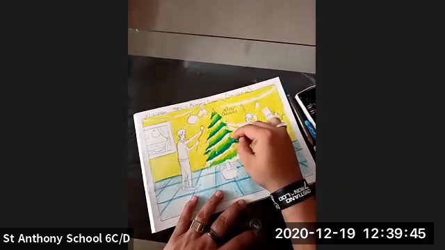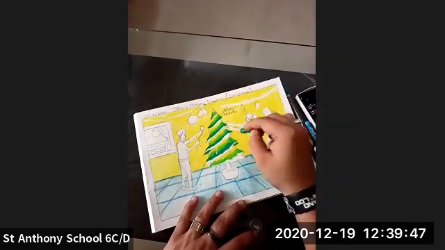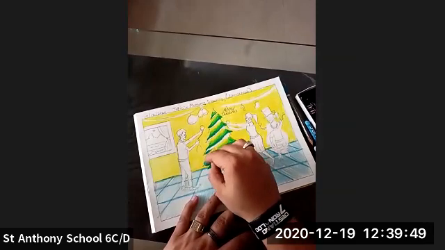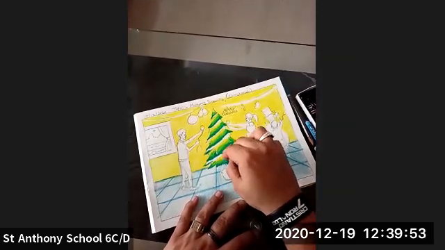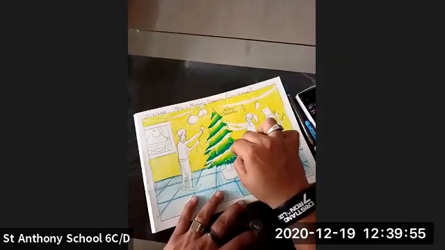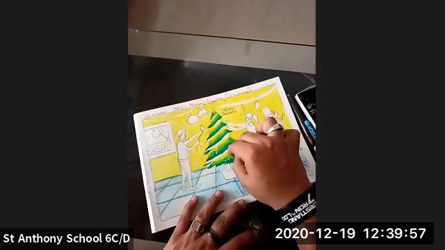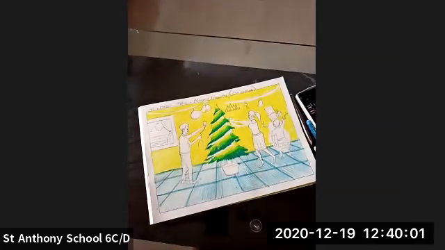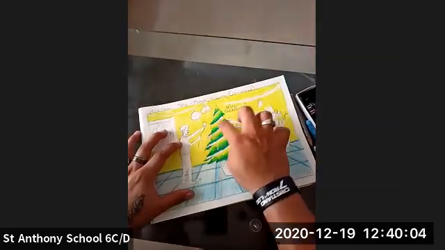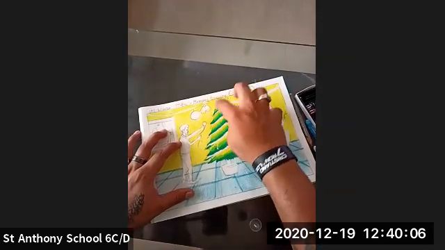This is how you can give a proper shade to the Christmas tree. So this is how you can color the Christmas tree and give the proper shade in this way.